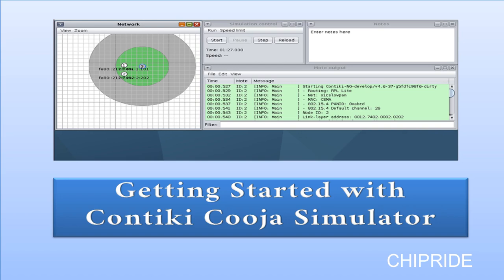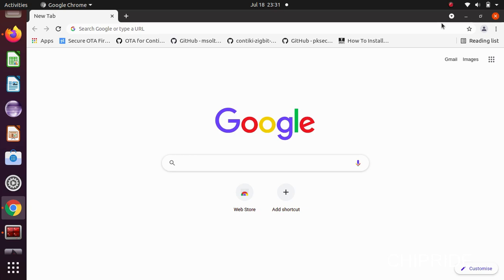In this video, I'm going to show you how to install Contiki NG. Contiki NG is basically used for wireless RPL networking. And to install Contiki NG, I'm going to specifically talk about the Cooja simulator. To get into Contiki NG more, you can use the Cooja simulator and use the nodes or the motes to analyze the wireless communication with a simple software simulation.